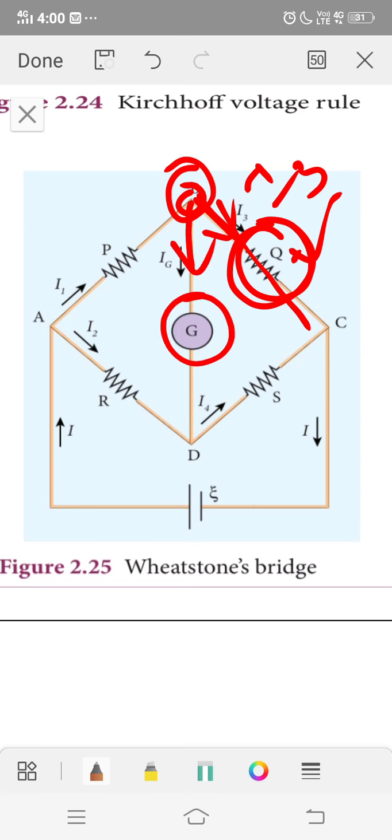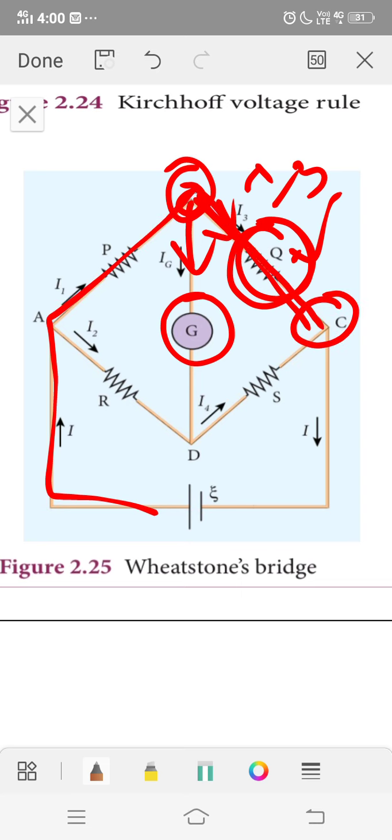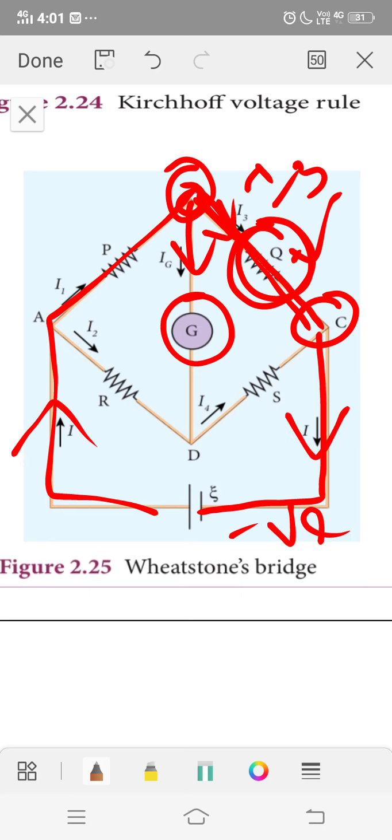In the same manner, the current flows from higher potential to lower potential. This current meets at point C. When the current meets at point C, it moves along the conductor and reaches the negative potential. So the current is flowing from the positive terminal to the negative terminal of the battery, and at junction C the current is flowing to the negative potential.